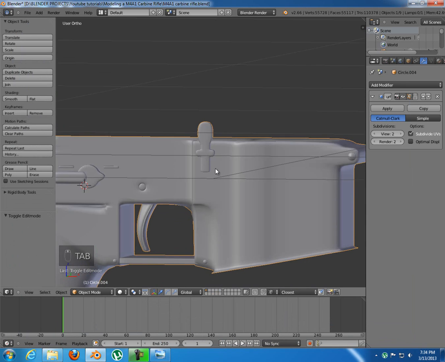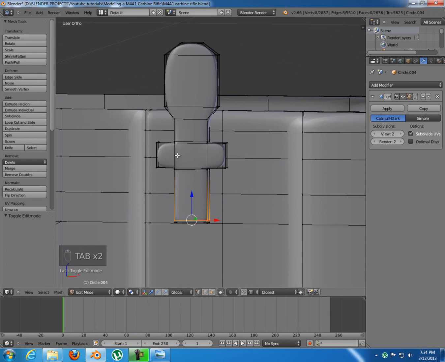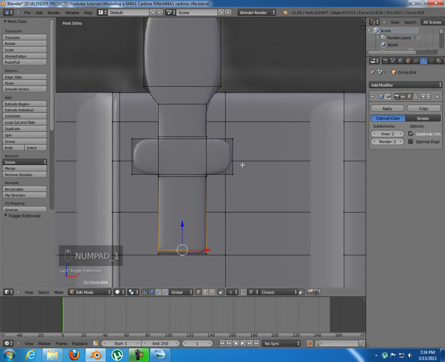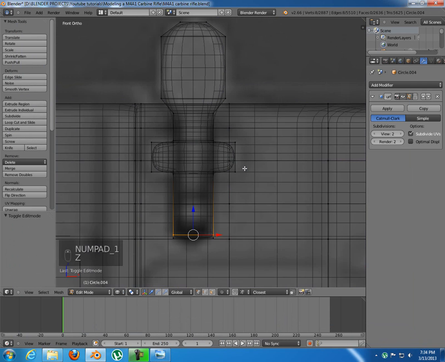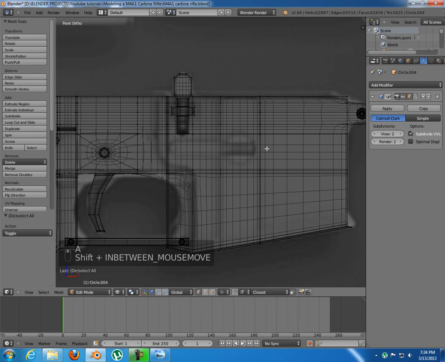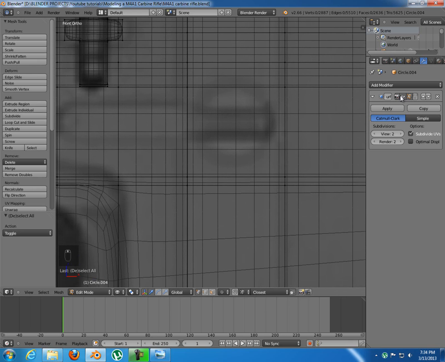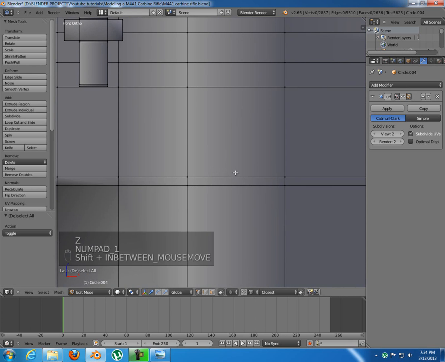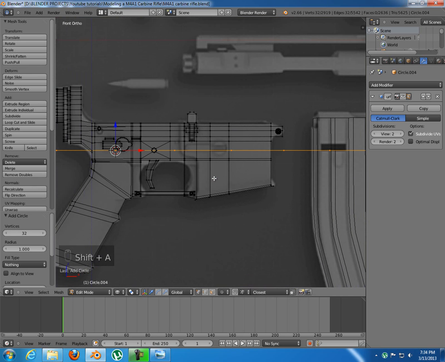Just that looks okay. You can add a loop cut in here and in here if you want that to be not so smooth, but I'm just gonna leave it as it is. Okay, so we have one thing in here and this side is done. Alright, I'm gonna disable subdivision, and for that I'm gonna add first a circle,